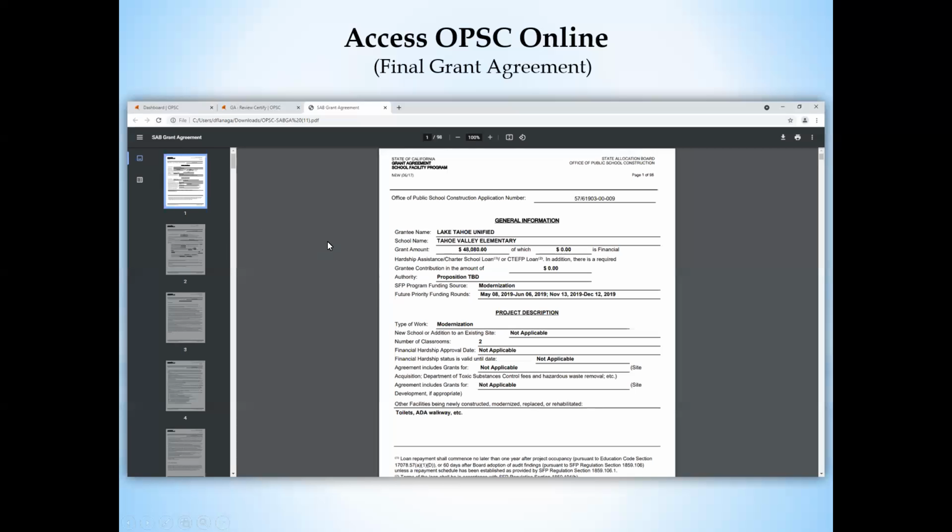So you can see that the watermark is gone. So now you're able to save a copy of the grant agreement that is approved and signed by both parties. And again, you can download a copy of that by clicking on that same button that we saw when you download a draft copy of the unsigned grant agreement. You can click that and download a copy of the signed grant agreement as well.